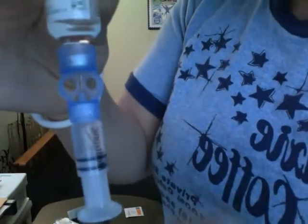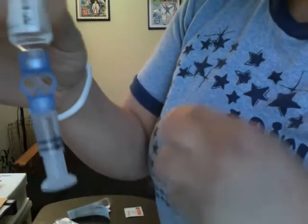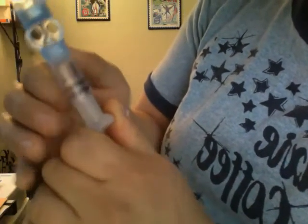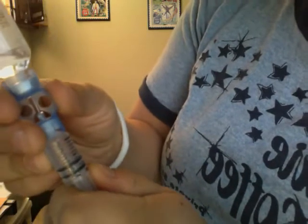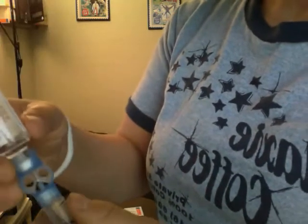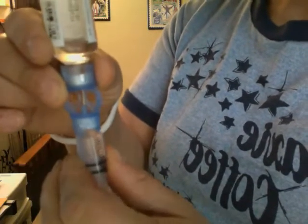So I have a couple bubbles at the top. So what I do is I flick it to bring all the bubbles to the center, and then push up until those bubbles go away. And I just bring back down to 1.4. Now that I have what I need, I twist the reservoir, leave the insulin to the side,